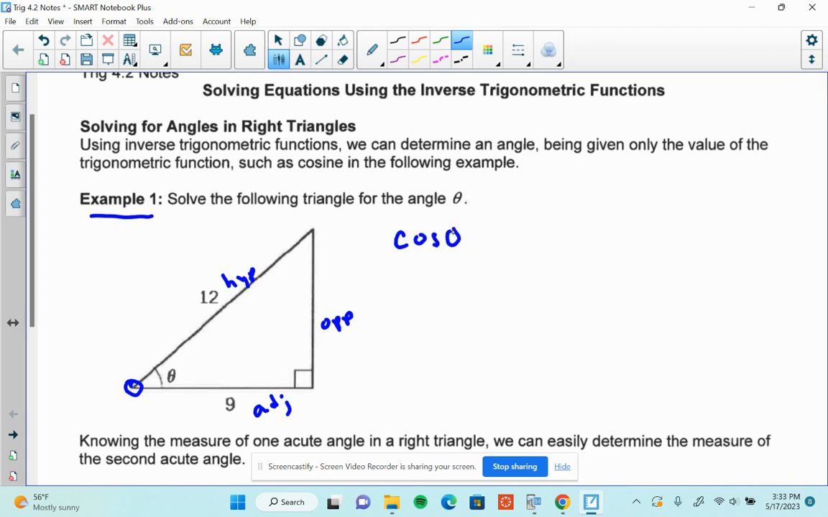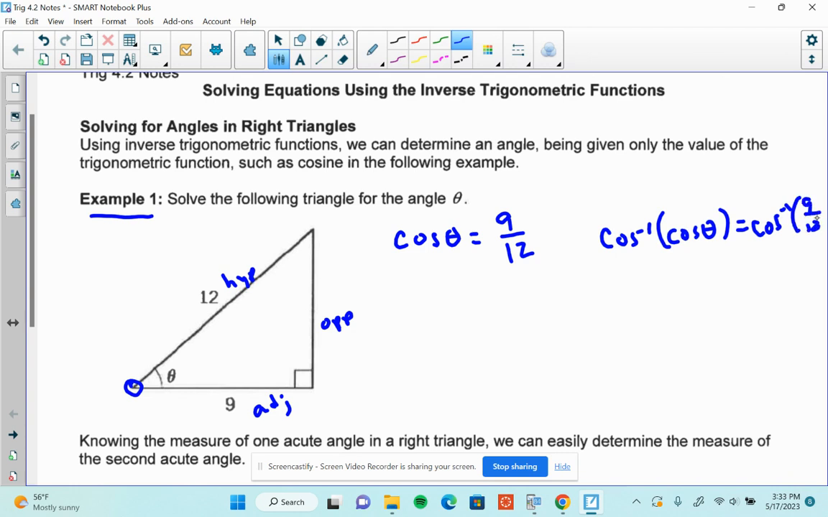Cosine of this angle, remember, cosine is adjacent over hypotenuse. So I know that the ratio for the cosine is 9 over 12. The value of the cosine of theta is 9 over 12. Then I will undo the cosine by doing a cosine inverse. And you can do it this way if you'd like. Cosine inverse. If we do that to both sides of the equation,